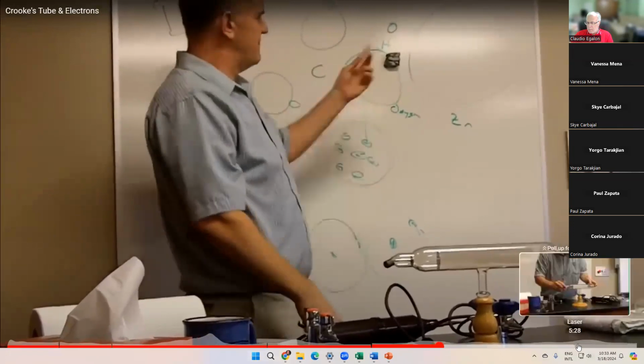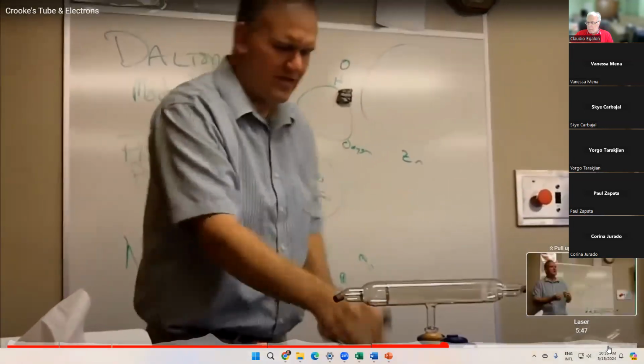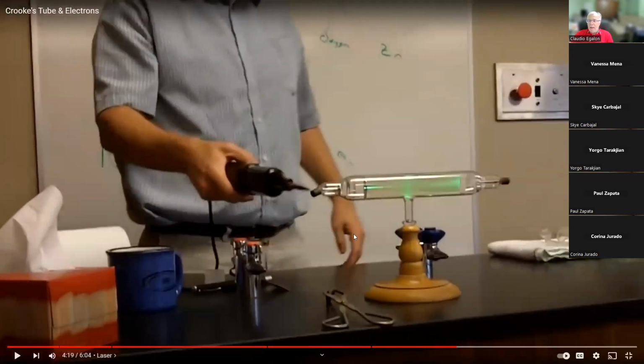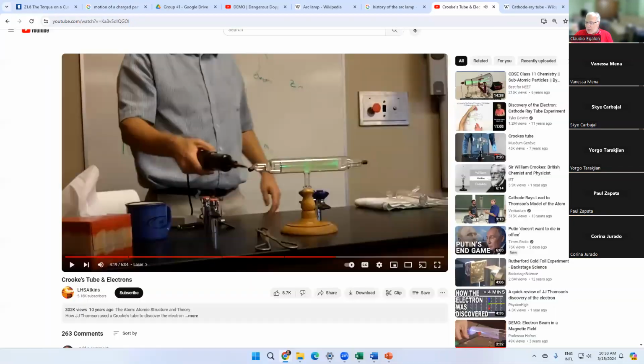So why did some light get deflected by a magnet and some other light doesn't? Why is that? What's the primary difference? Oh, we can stop it here. So now you got the idea, right? That's how we can see what is invisible. Those are ways to see the invisible world by doing some little tricks, right?